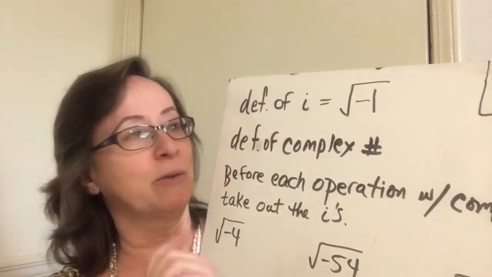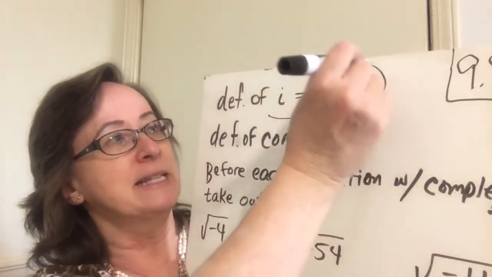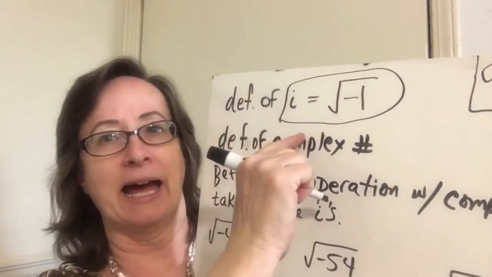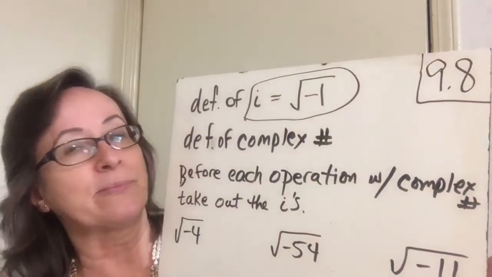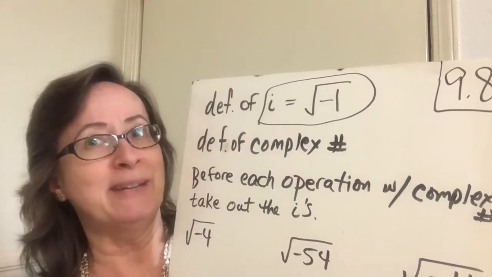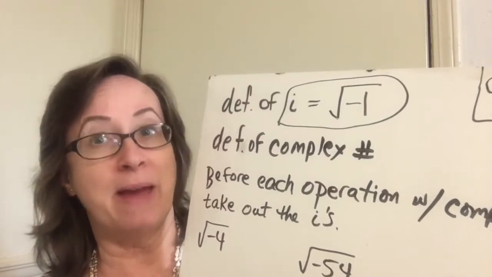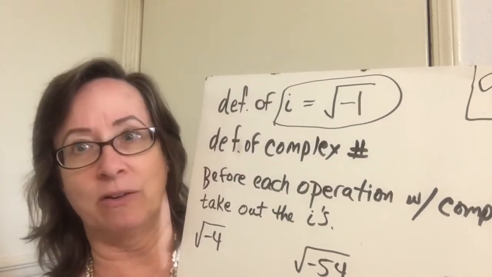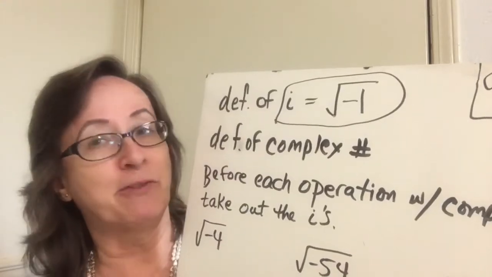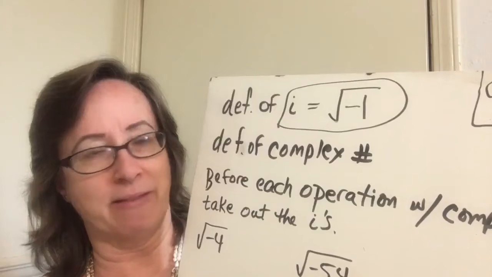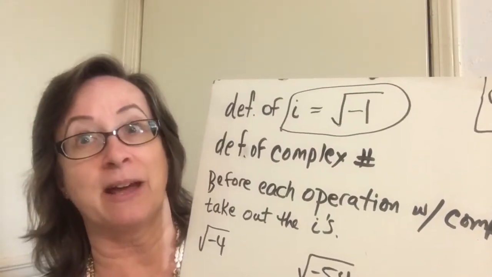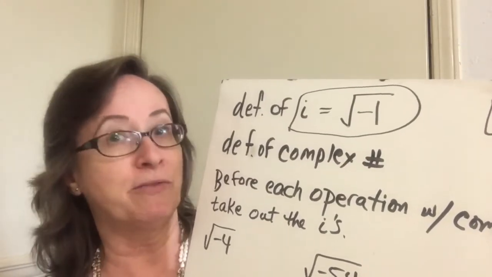So now we're going to define this imaginary unit i as the square root of -1. And we have an entire system of math designed to deal with these numbers. And for the most part, the complex math system is the same as the real number system, with a few